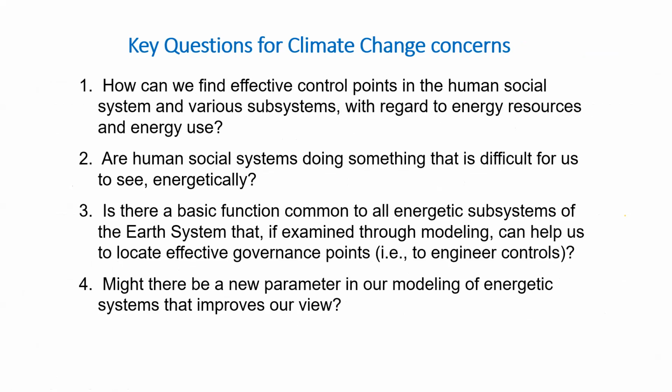So key questions for climate change: how can we effectively find control points in our social system with regard to energy resources and use? Are our social systems doing something that's difficult for us to understand energetically? Is there a basic function common to all energetic subsystems of the Earth system that, if we do a better job of understanding through modeling, might help us locate specific governance points to engineer better controls? And might there be some new parameters in our modeling, such as utility, that help us improve our view